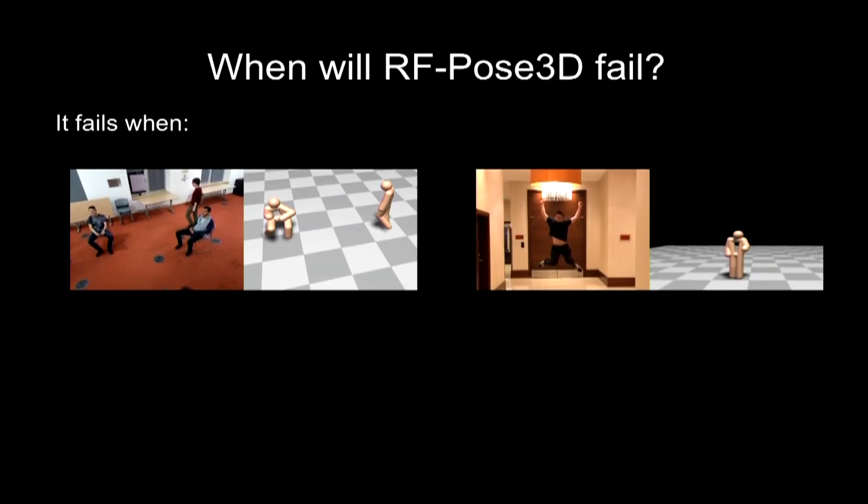The second type of failure mode is due to postures we don't even see in the training data. For example, this person is jumping in the air, but our model still thinks he's standing on the floor. As I said, we collected our data around our campus, inside the campus buildings, and we don't see any of those jumping examples. If we want our model to deal with such cases, it will require us to collect more data, including those examples.